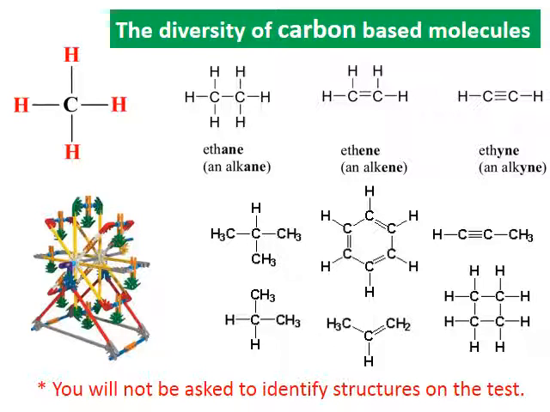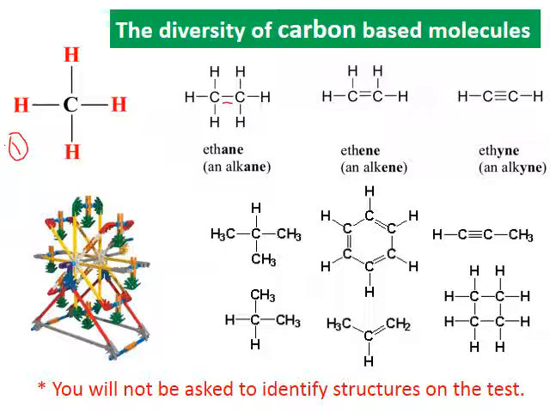Carbon has a valence of 4, which means that in order to satisfy the octet rule, it has to share with some other atoms. And so it's going to need to form 4 other bonds. And we can see in this first image here that carbon can actually form 4 covalent bonds with hydrogen. Carbon can actually not just bond to hydrogen, it can bond to other things. And here we see a carbon bound to another carbon, so we have these 2 carbons with 6 hydrogens around it. So each one of these single lines is a single covalent bond.